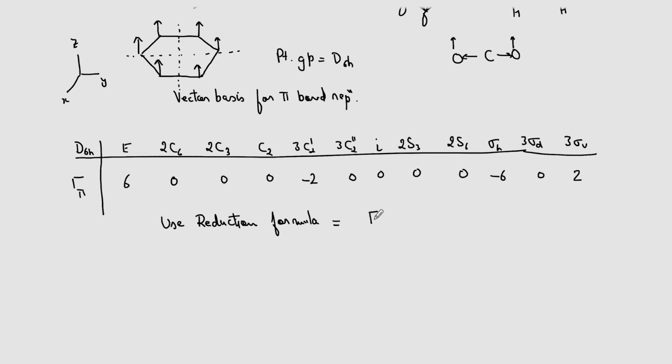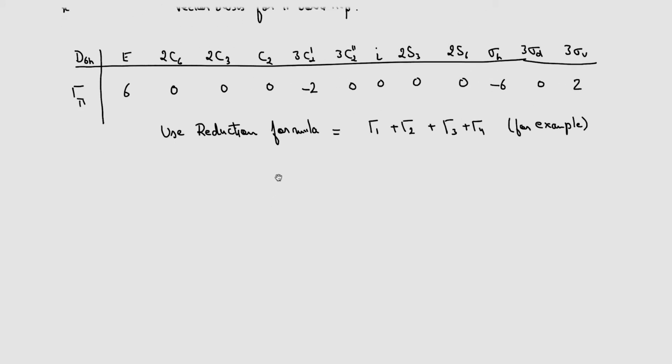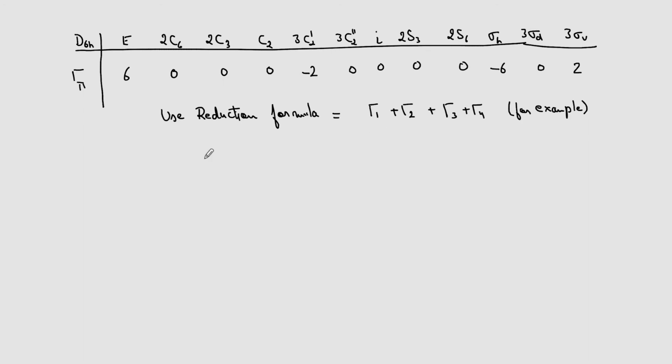Okay, so there will be 4 such irreducible representations. Tau 3, for example, I don't know if it will be 4 or 2 or 5 or 6. Now this you can easily obtain by just using the reduction formula and finding out the answer. Now let's see when you want to create. So let us say, assume, I'm not saying that it is correct because I'm not telling you the answer for this, assume tau 1 is A1G.